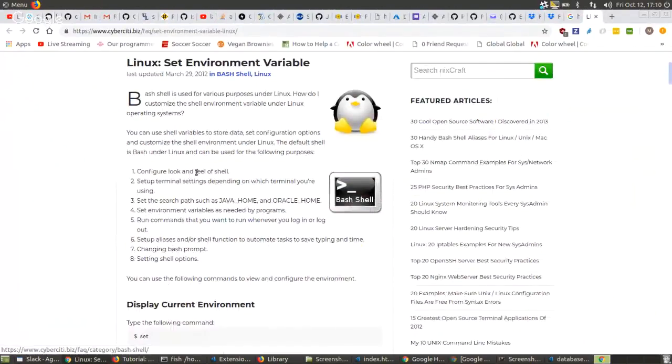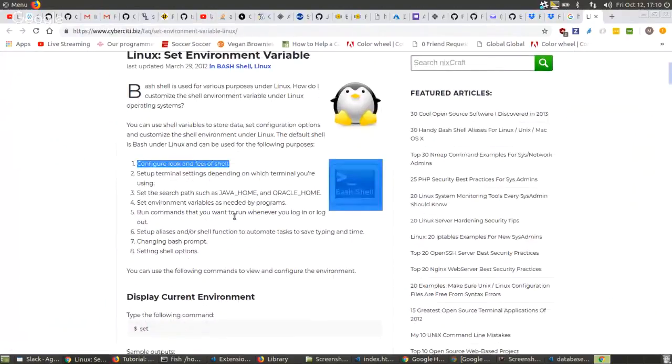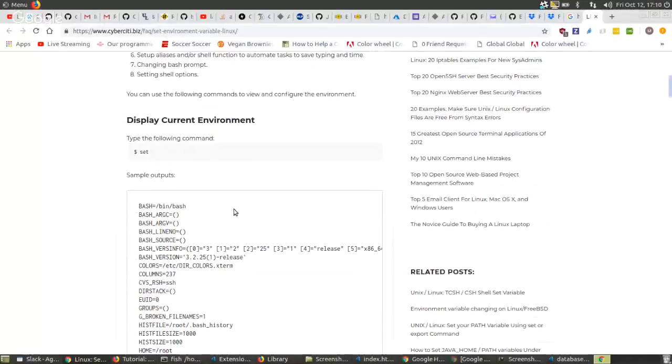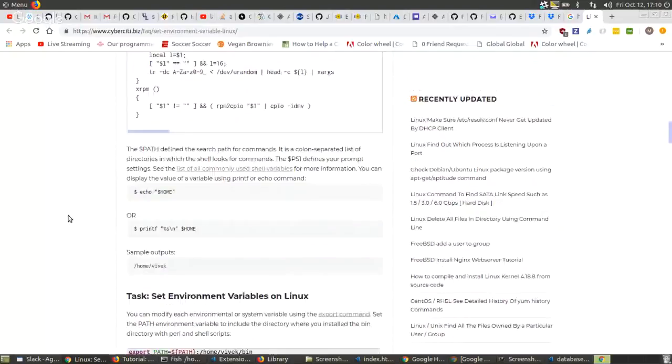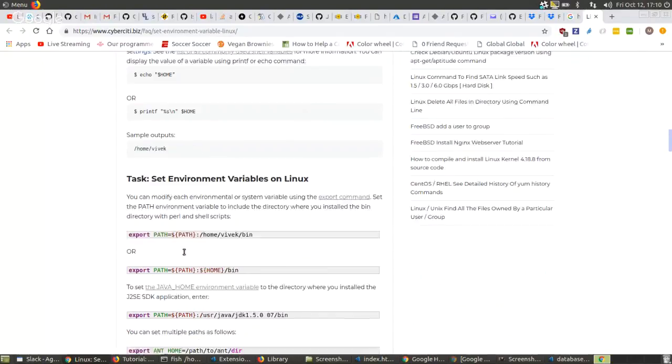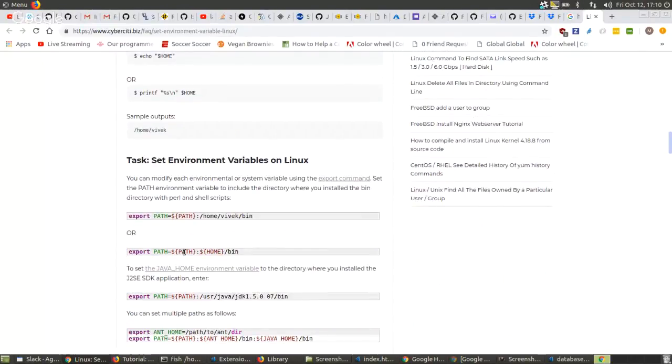Okay, echo home. Okay. Set environment variables on Linux. You can modify each environment variable or system variable using the export command. Okay, so I need to export, basically.